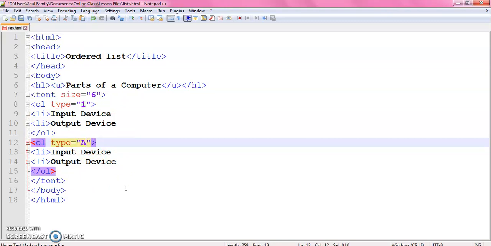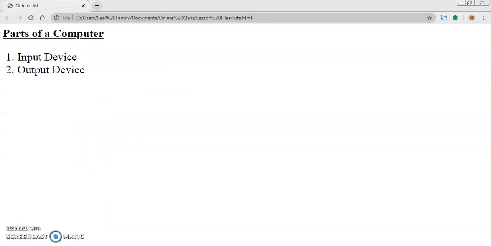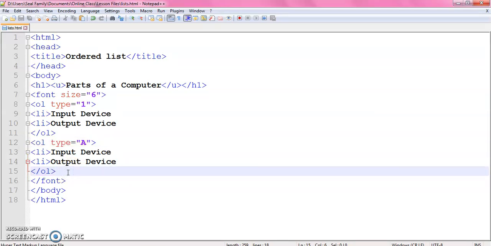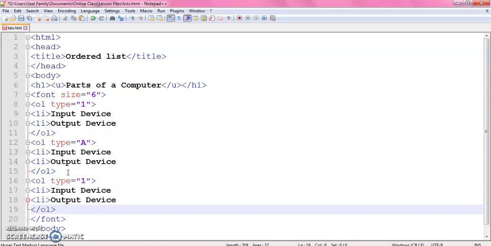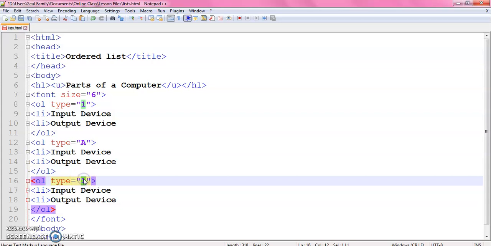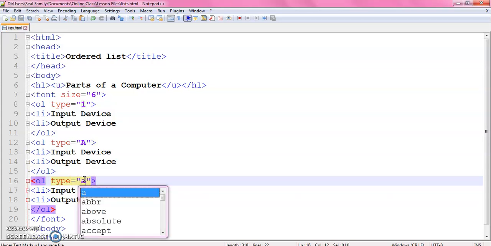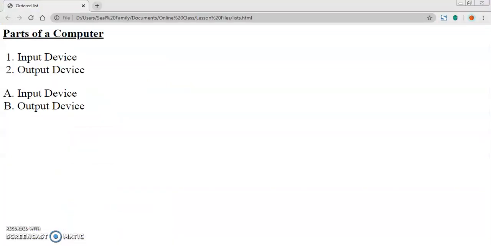I am writing capital A. This will produce the output like this: A, B, C, D and onwards. Then the next one is small a. So capital A and small a both are there for the list.